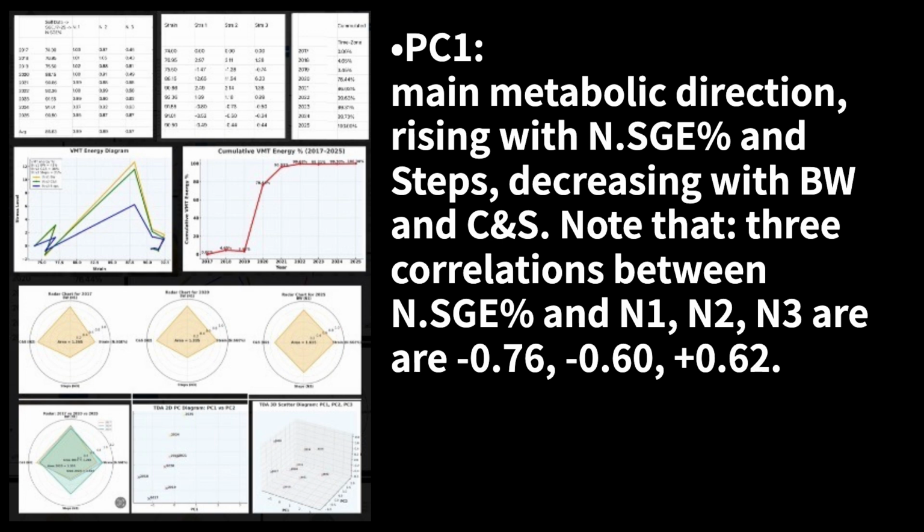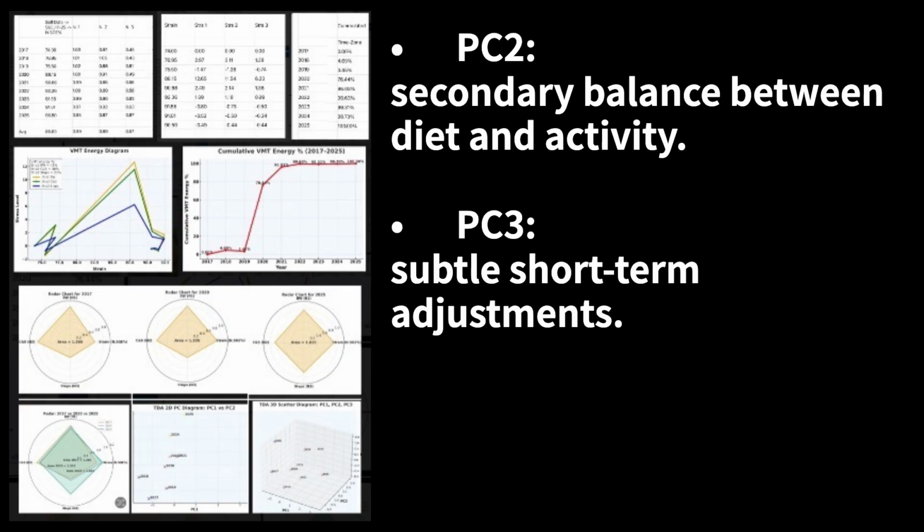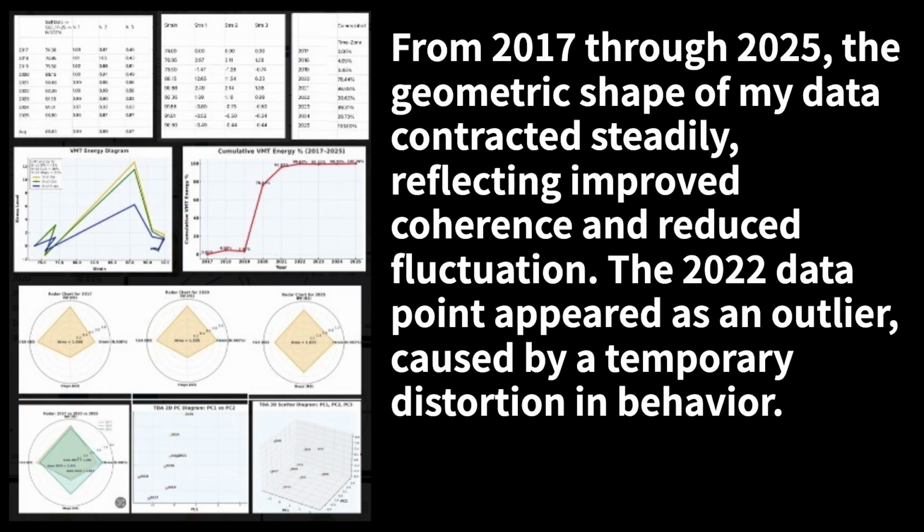PC1, main metabolic direction, rising with N.SGE % and steps, decreasing with BW and C&S. Note that 3 correlations between N.SGE % and N1, N2, N3 are -0.76, -0.60, plus 0.62. PC2, secondary balance between diet and activity. PC3, subtle short-term adjustments. From 2017 through 2025, the geometric shape of my data contracted steadily, reflecting improved coherence and